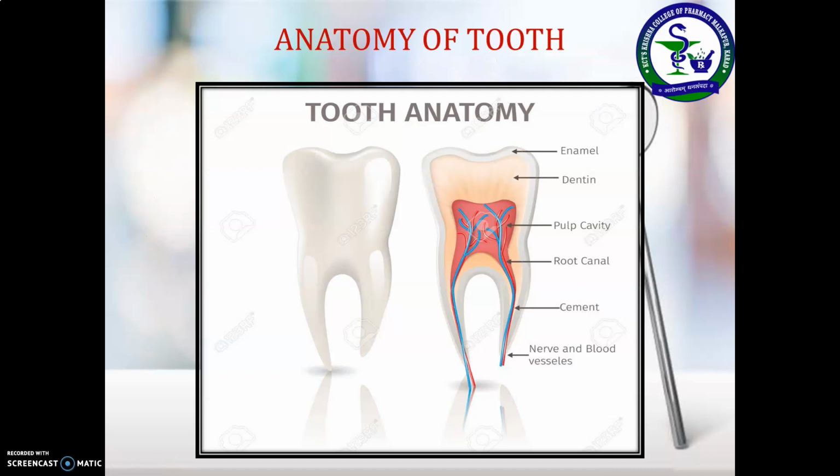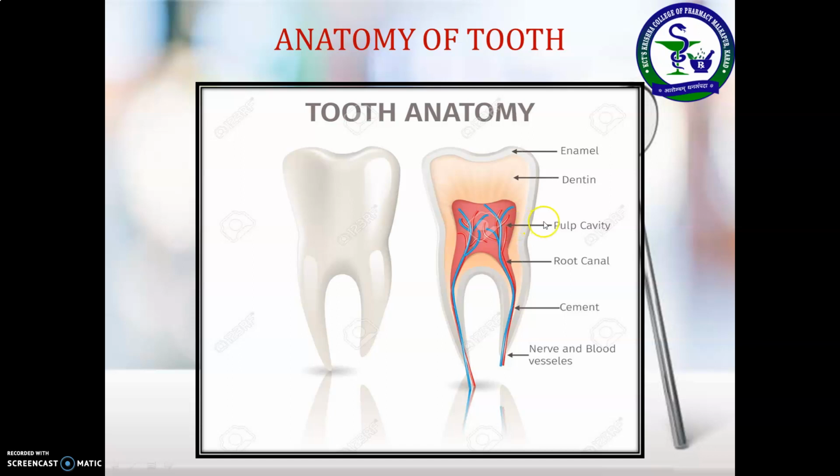Here I am going to discuss in brief the anatomy of the tooth. Basically, our teeth are composed of four main layers. First, the outermost whiter layer, which is known as enamel, and it is mostly composed of calcium phosphate. Second layer is dentine. It is a layer underlying the enamel, and it is hard tissue that contains microscopic tubes. Third is pulp, or we can say pulp cavity, which is living at the center of the tooth.